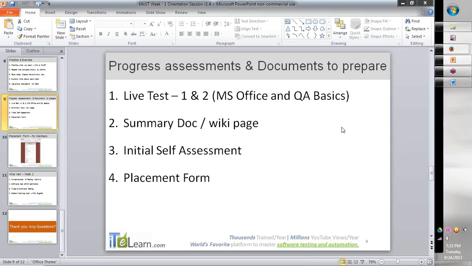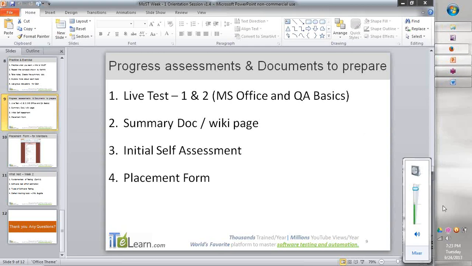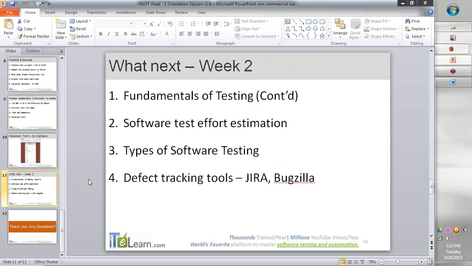Veena, your hand is raised. I'm not sure if I answered, so I have you unmuted. Veena, go ahead. Yeah, I'm getting the point, like what to go through and everything, and the summary document you said we will get access to fill in. But the thing is, next Monday you said we have a test, and I'm not getting the point.